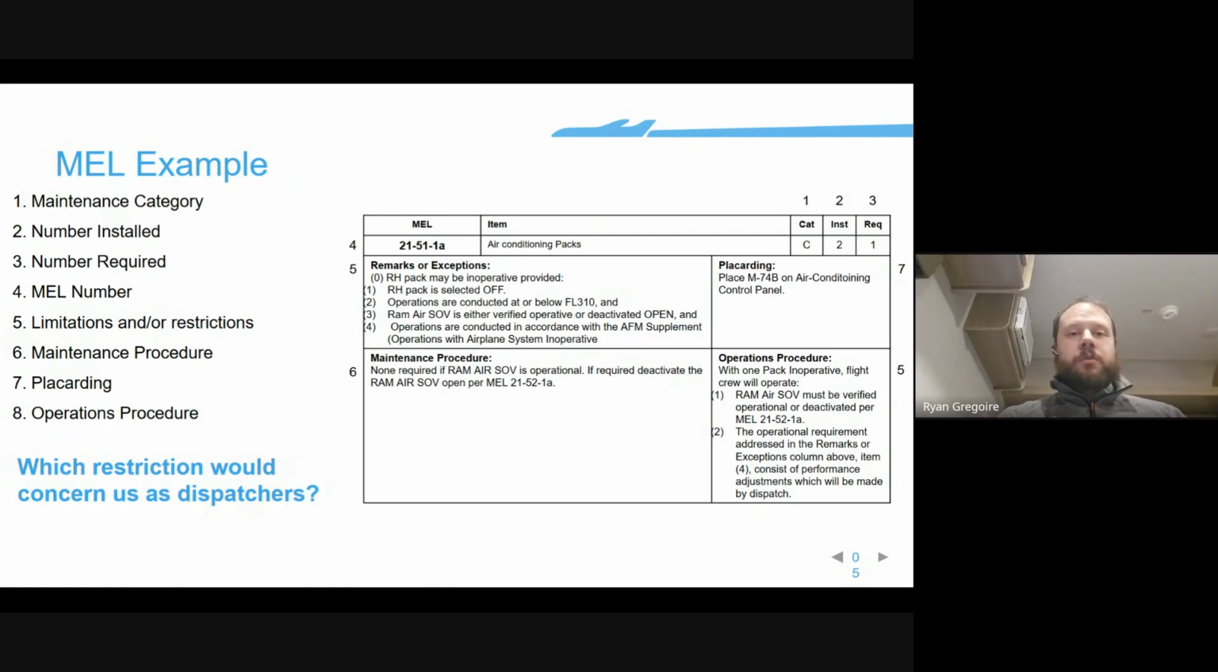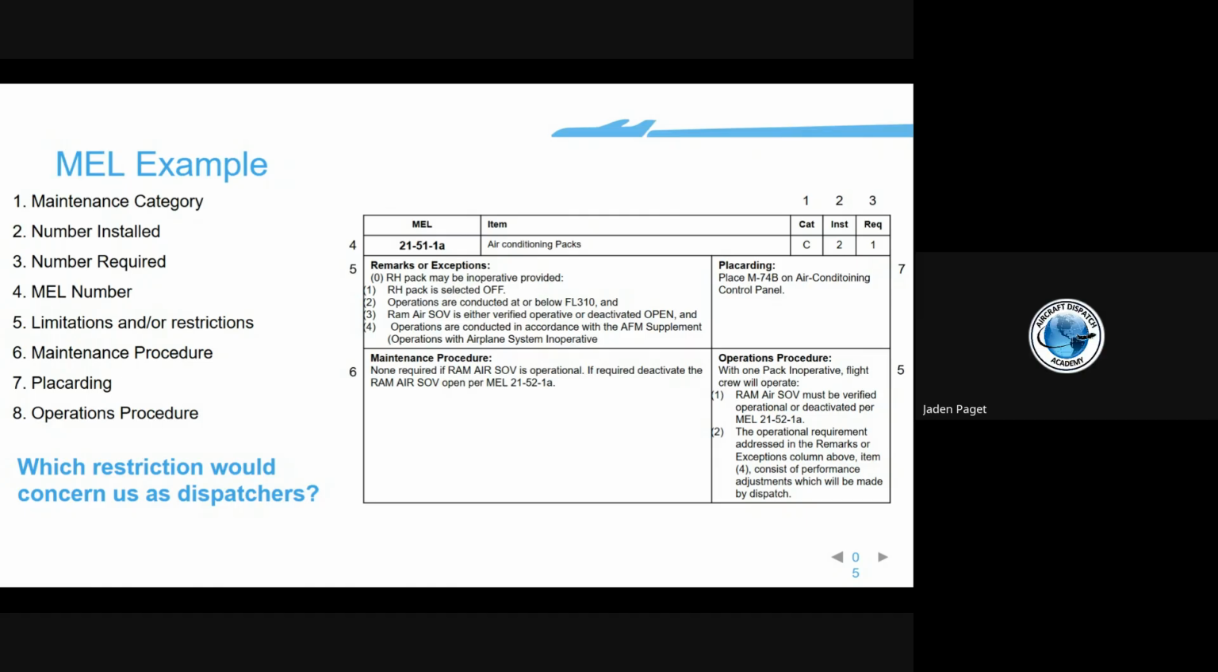Who remembers what the standard service ceiling of the CRJ 700 is? Jaden. Well, standard service ceiling of the 700 is 41,000, I believe. Yes. Good luck getting it up that high, but